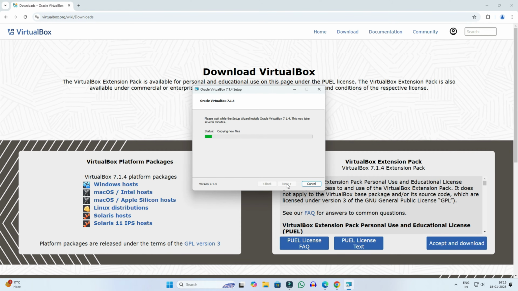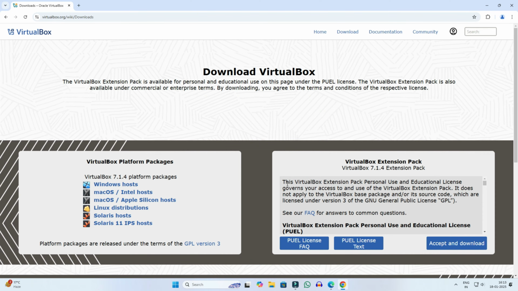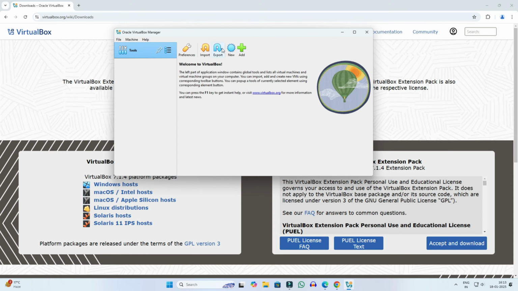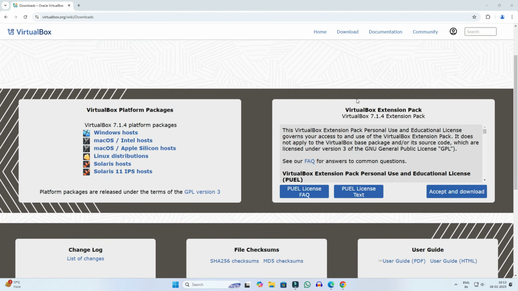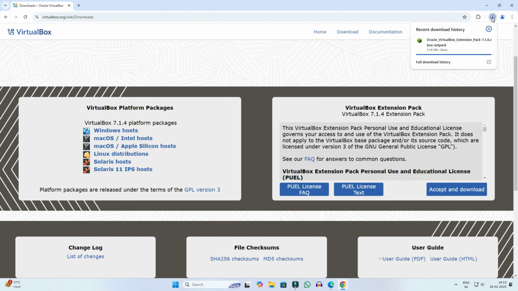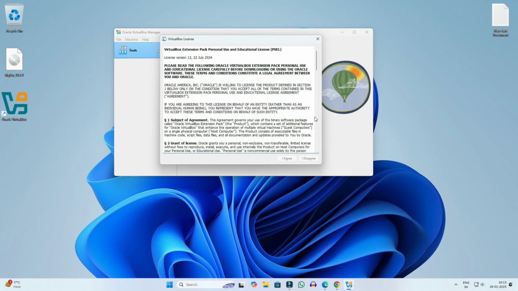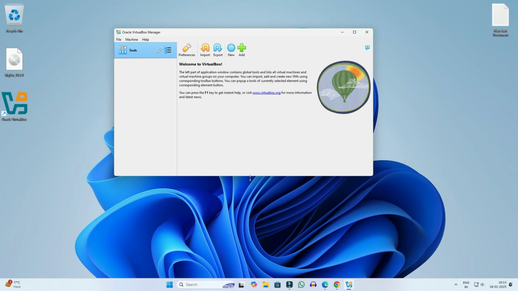As you can see here that it has been installed. After installation, it will open in front of you in something like this. Now you have to download the VirtualBox extension pack. You have to click on the download button here and you have to download it. It is a 21 MB file that you have to download. After the download is complete, double click it and after that you have to install it here. So you can see that very soon it will be installed inside your VirtualBox.